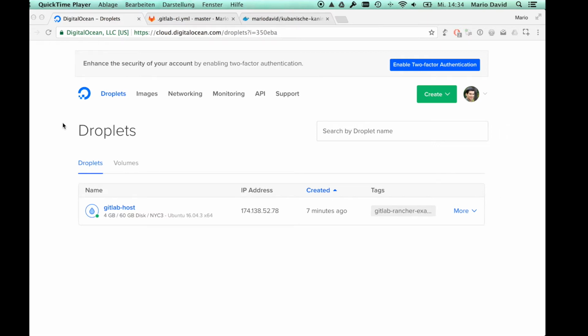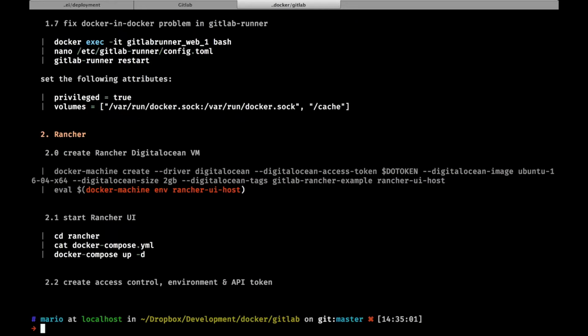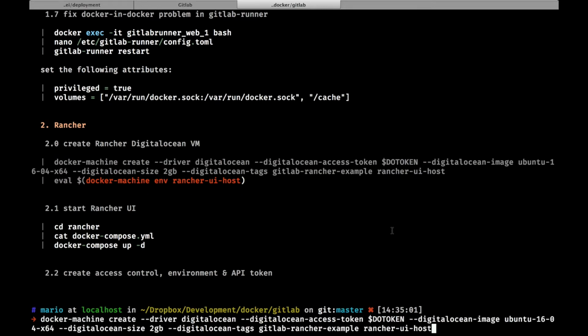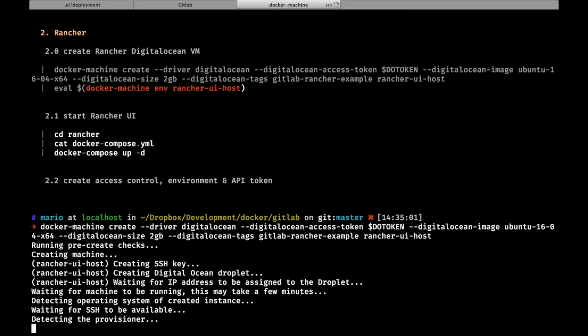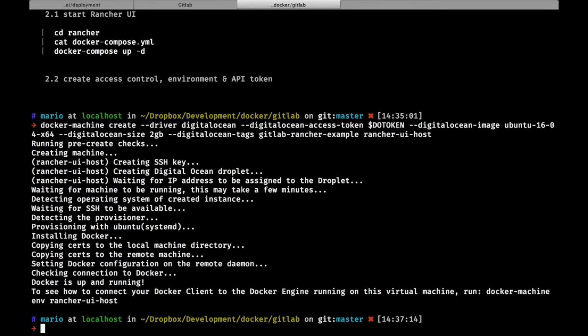So the next thing that we want to do is to create a virtual machine in DigitalOcean where we will host our Rancher instance. And let's have a look at the README file here. We use Docker machine once again in order to create a Docker host. And in this case, we will call it Rancher UI host. And after everything is set up via Docker machine,